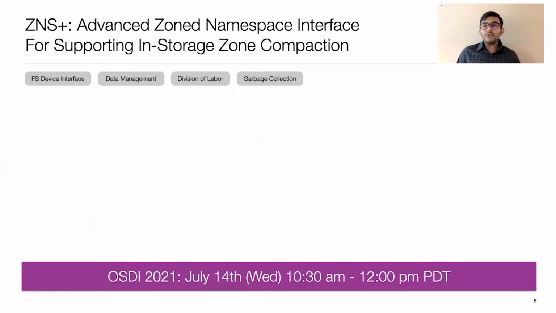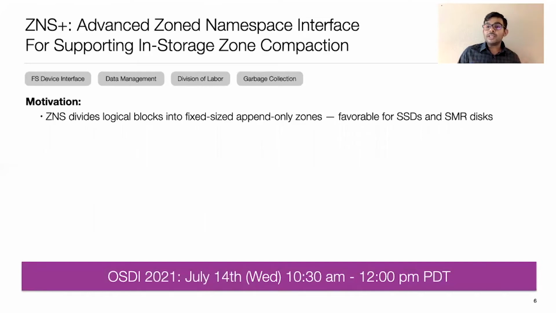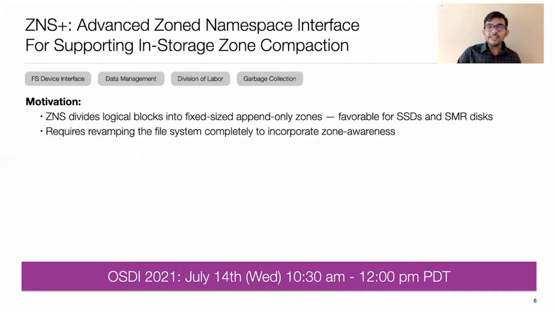The next paper that I'm going to talk about, interestingly, is also about ZNS. ZNS Plus, Advanced Zone Namespace Interface for supporting in-storage zone compaction. Now, we saw the advantage of ZNS, and this paper goes on to say that while ZNS provides a lot of flexibility to the host, maybe that flexibility is too much. In a sense, if we push too many operations to the host, the file system can get overwhelmed with the amount of work it has to do. Moreover, it is not completely well suited to do certain tasks such as heavy data copying, which is done more efficiently at the device level than by passing the data from the host to the device, where the copying overheads are very high.